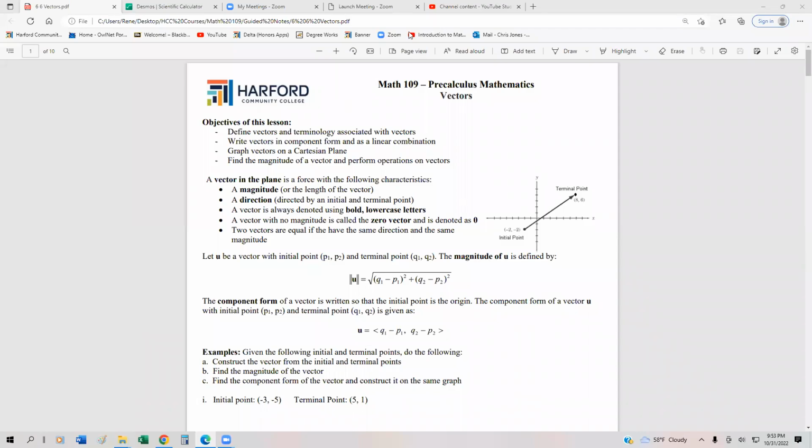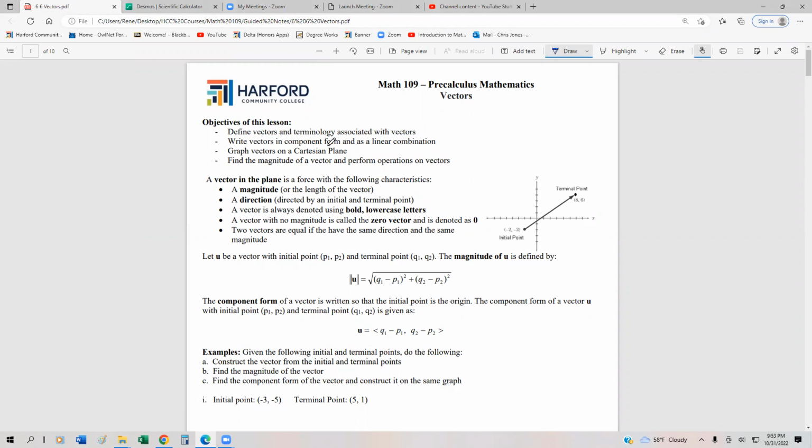In this section, we're going to start taking a look at vectors. Vectors are one of the more important topics for those of you that are going to be studying engineering and physics and upper level sorts of calculus. We use vectors a lot. And so in this lesson, we're going to go ahead and try to define vectors and a lot of terminology